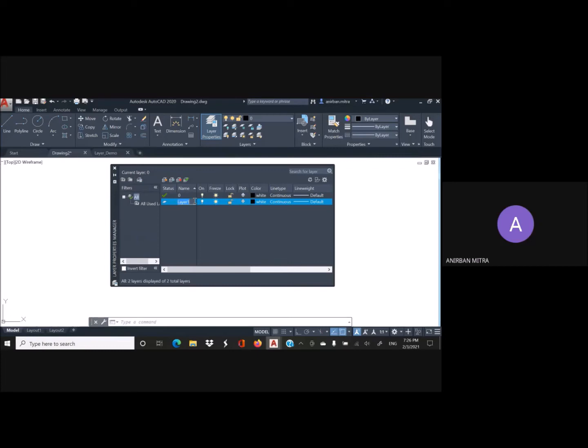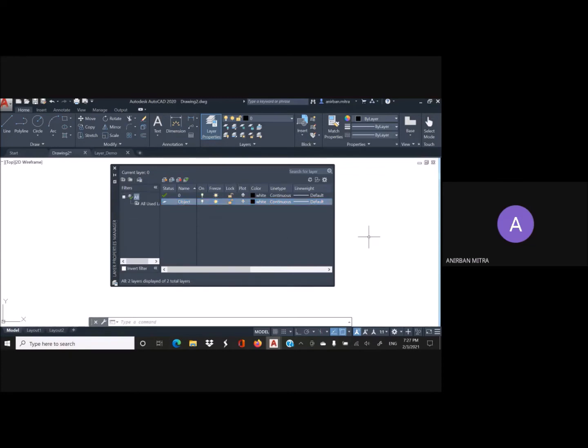For example, if this layer is created to hold the visible features of a drawing, we can rename it as the object layer. And then you can click outside and that will change the name. Once the layer is appropriately renamed, we must set the properties for that layer.